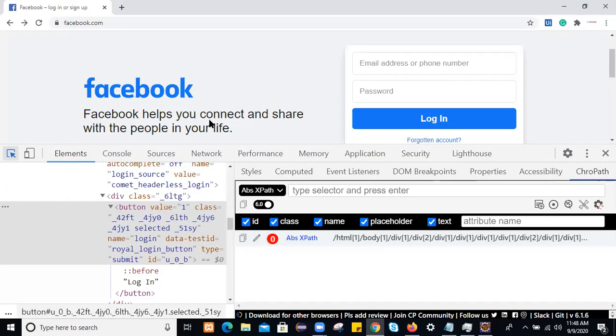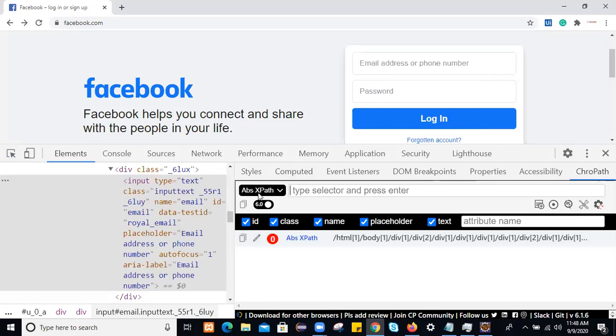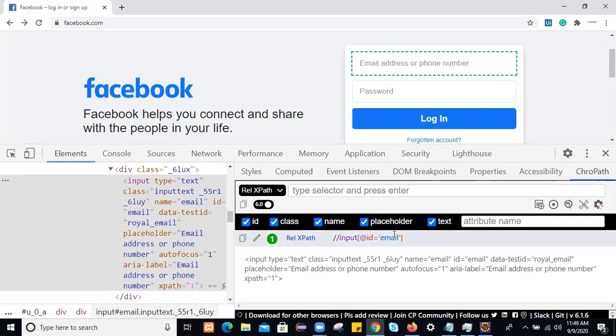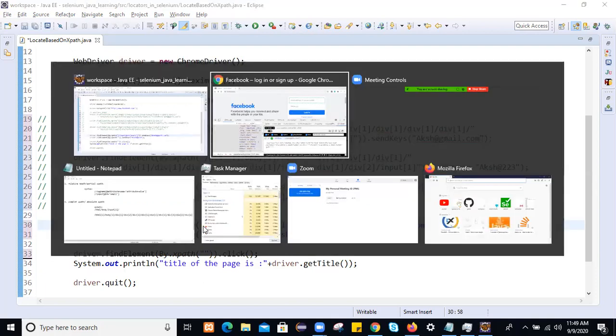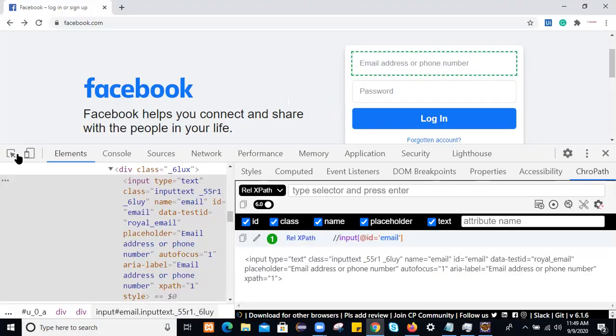So let's check for which part? Relative XPath. Click on this first email address field. Instead of absolute, just go to the relative XPath. This is the relative XPath. Copy from here. You see, copy to relative XPath. Navigate to the page and paste here. Okay. Again, go to the application. Click on the password field.